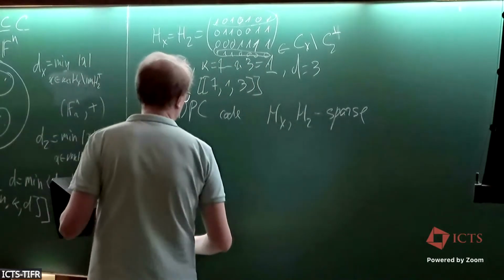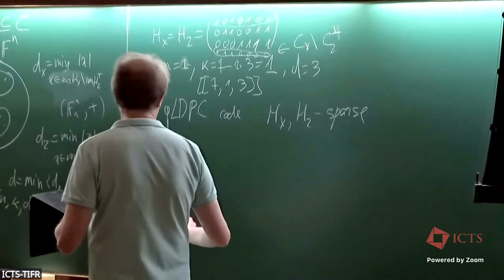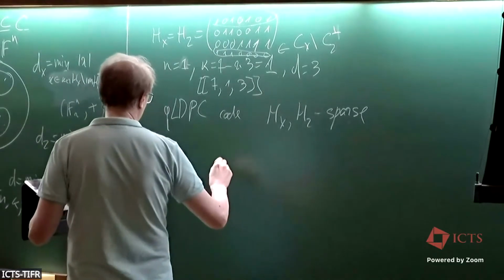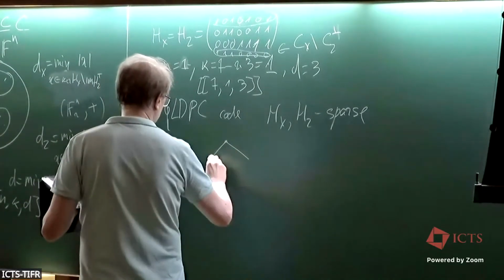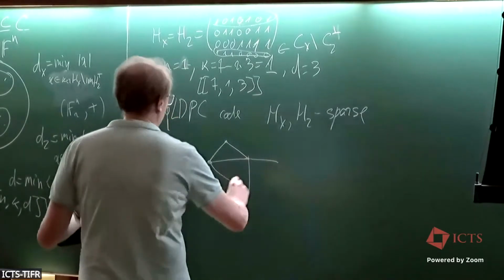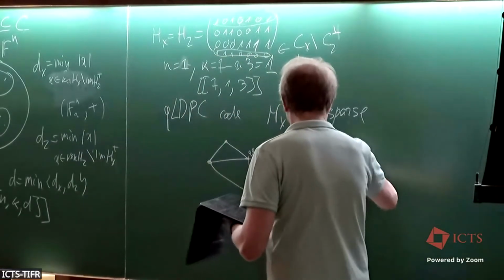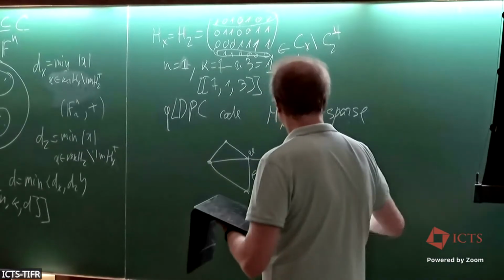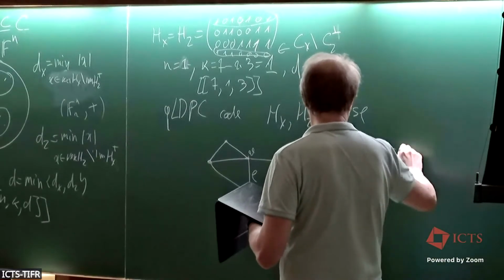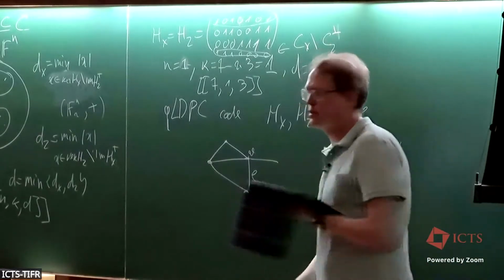In topology, you have this notion of chain complex that I already mentioned. For example, if you consider this graph, you have some edges and you have some vertices. Let us consider the formal linear combinations of edges, and let us also consider formal linear combinations of vertices. And we can define a map in a graph,